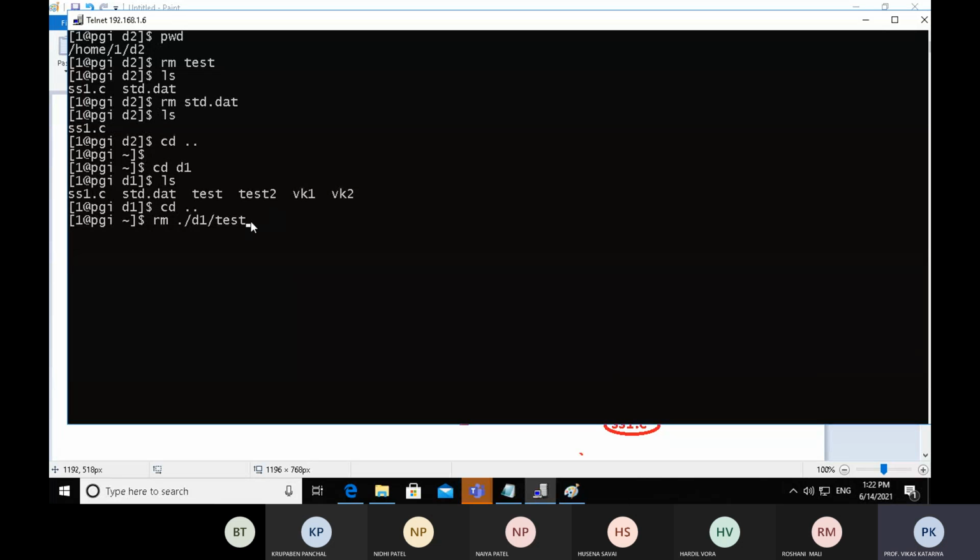This is the way we have to remove a file, and we have to provide a relative path. Now press enter and the cursor will move to the next new line.